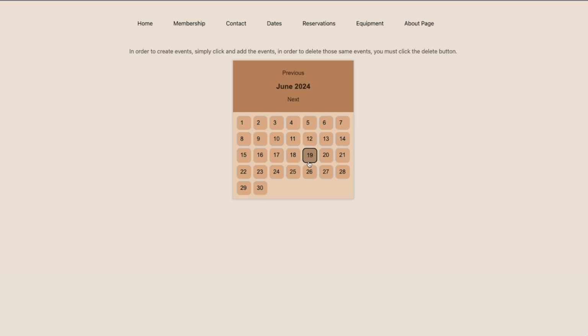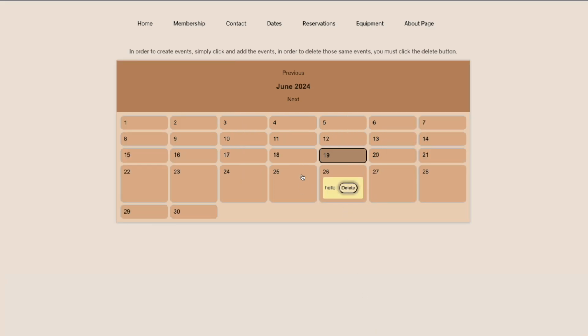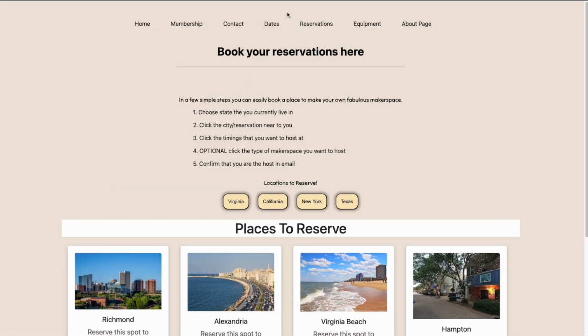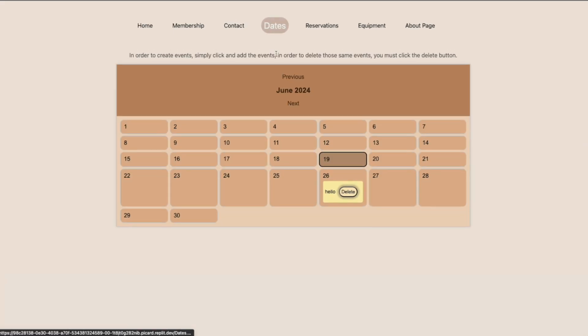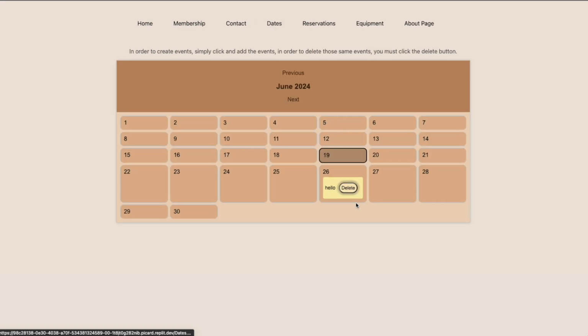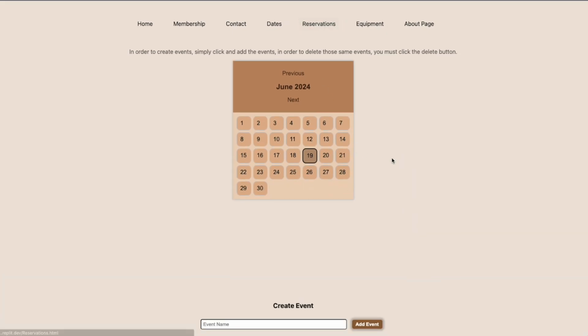So it first labels the current day, and outlines and darkens it. And for example, you can just put an event right here. Hello. And it grows massive. But yeah, you can delete it. And yeah, that's the event. Also, a cool thing is, I put hello and I'm just gonna put that there. Go back into anything, reservations for example, and dates, it's still there. Contact, dates, still there. Membership, dates, still there. Refresh the tab, dates, it's still there. So yeah,